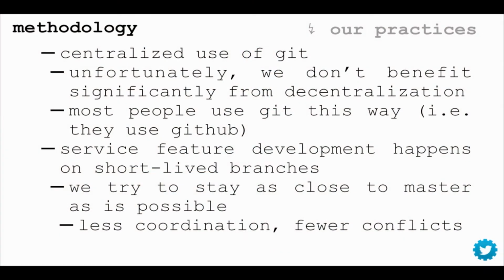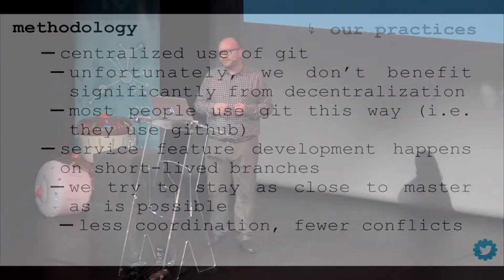So I'm going to talk about how we use Git at Twitter for a minute. We use Git in a very centralized way. And unfortunately, and I think this is the case for a lot of people, certainly people who use GitHub, we don't really benefit from the fact that it's a distributed version control system beyond the fact that it's good at managing merging patches. So for development of the services, we try to do it as close to master as possible, and